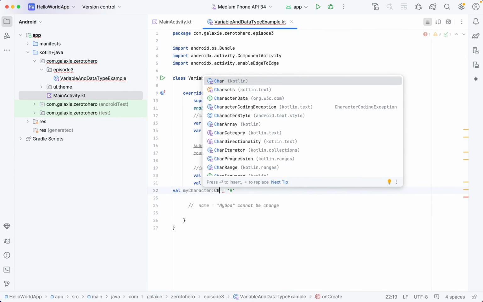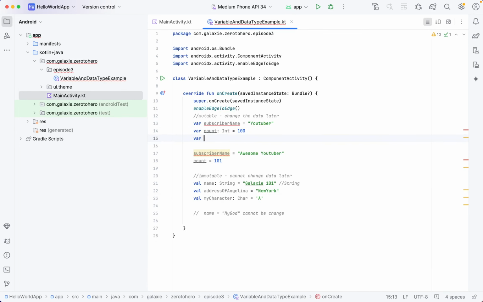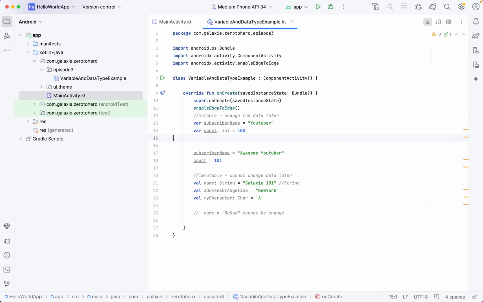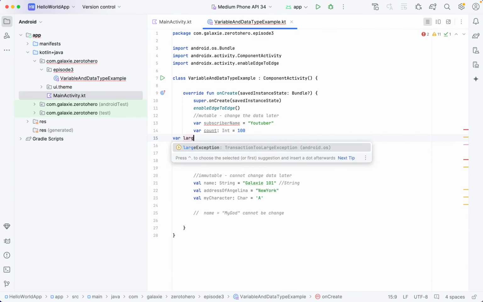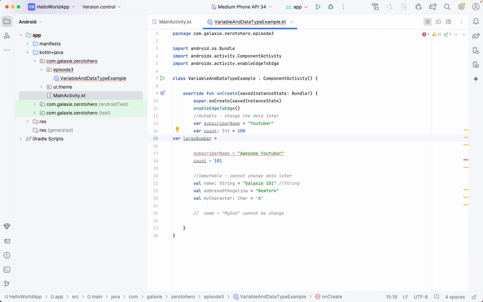I call it char, maybe it's char. And sometimes you might want to store a large number, then you can write large number equal to 3 billion. And long